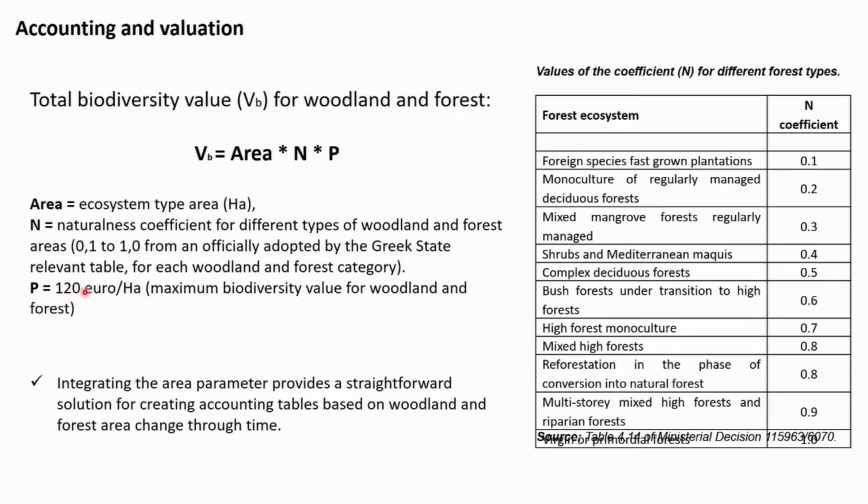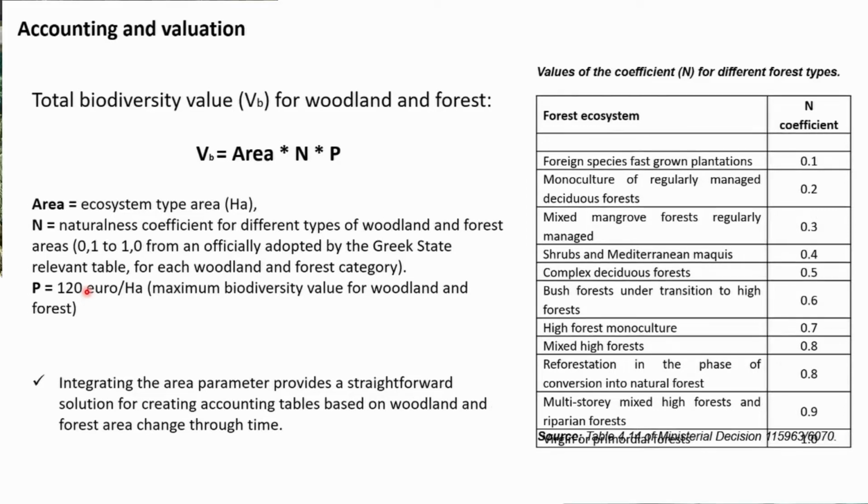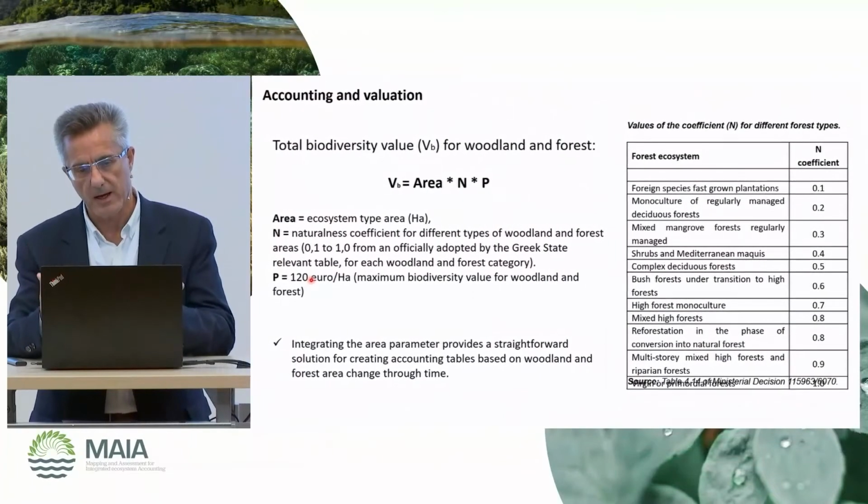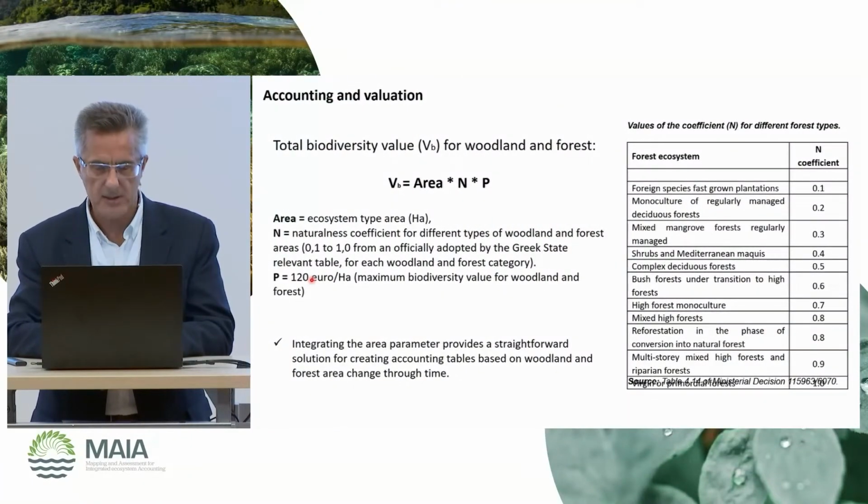P is a monetary value, 120 euros per hectare, and this is the maximum biodiversity value for woodland and forest. Of course, this is not invented by us. It is an approved ministerial decision already from 1914, taken by the Hellenic Ministry of Environment, and this is the